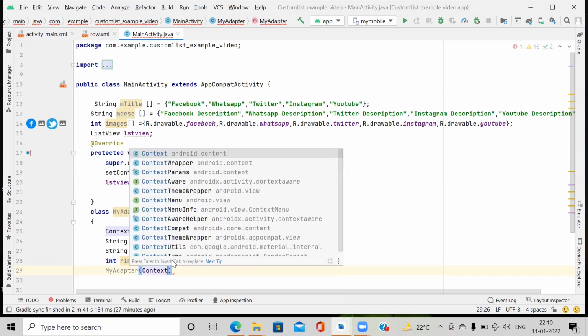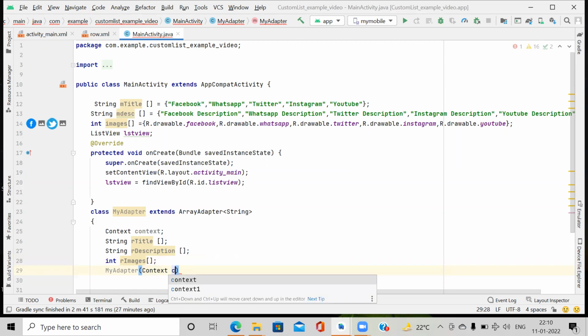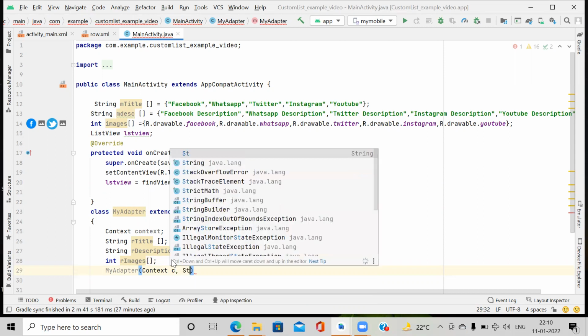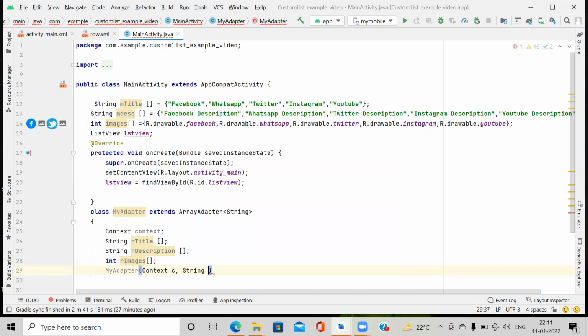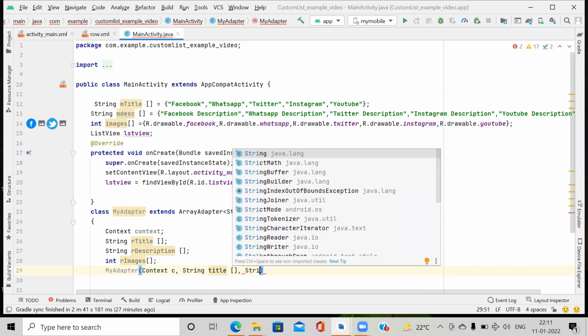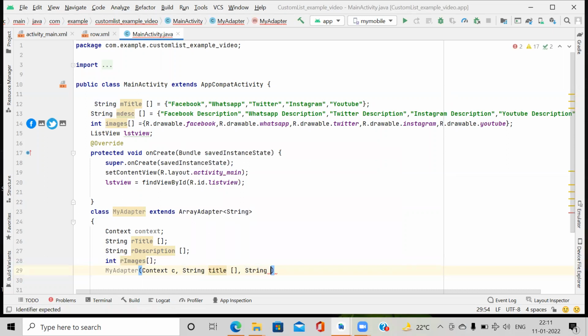Here context, for example, C. We require String title array, comma, String description, and integer images. It is also an array here.